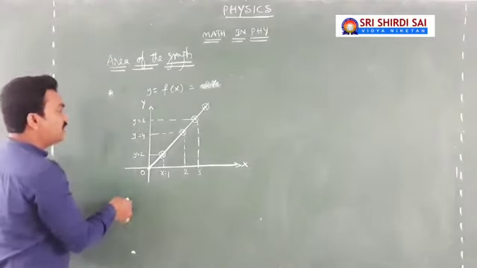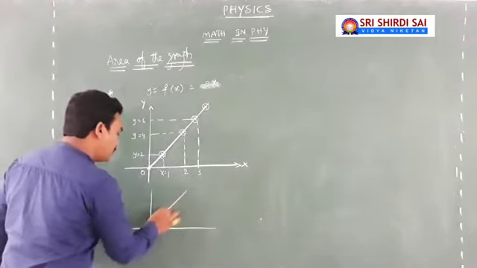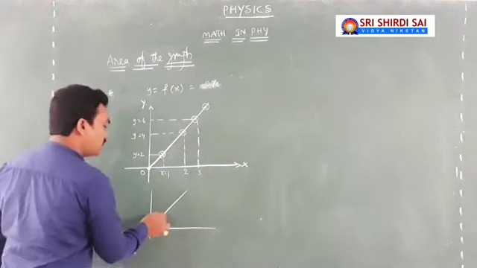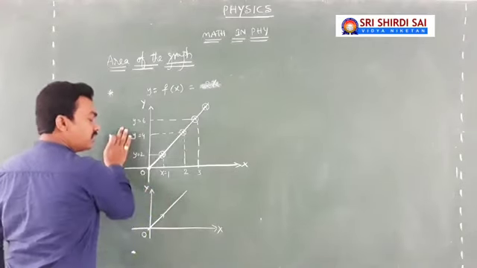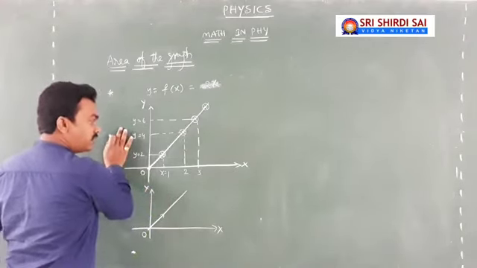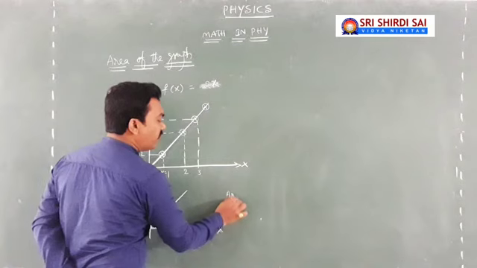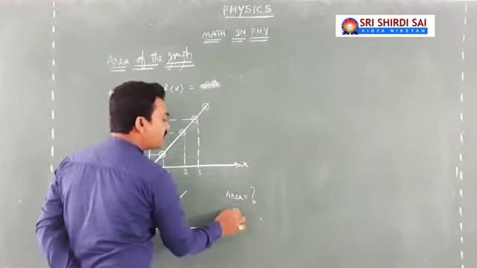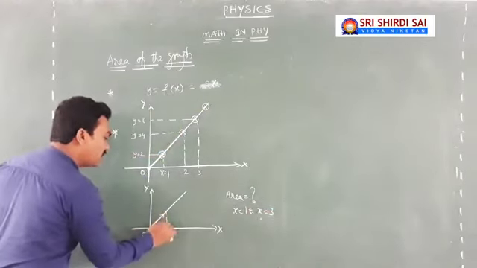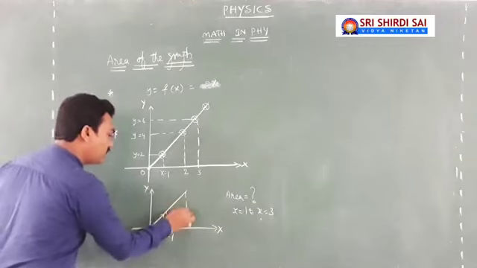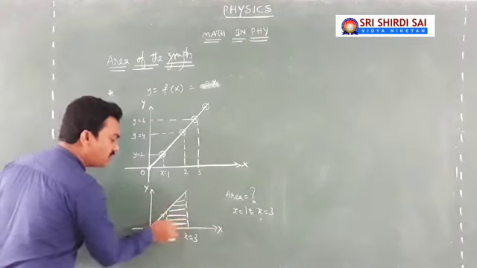To explain that, let me take another picture here. The same graph I am taking once again. This is the y equal to 2x graph, which is a straight line. But my question is the area covered by the graph. This is the data and simultaneously it is a question. I wish to calculate the area covered by the graph from x equal to 1 to x equal to 3. Here x equal to 1 and here x equal to 3, and you wish to calculate the area covered from x equal to 1 to 3, meaning this shaded portion.